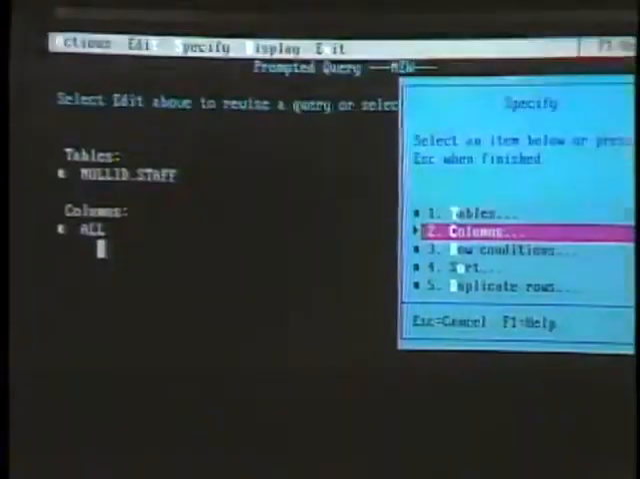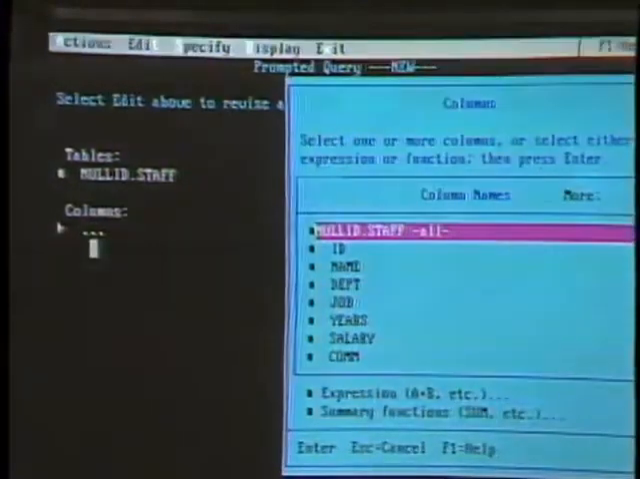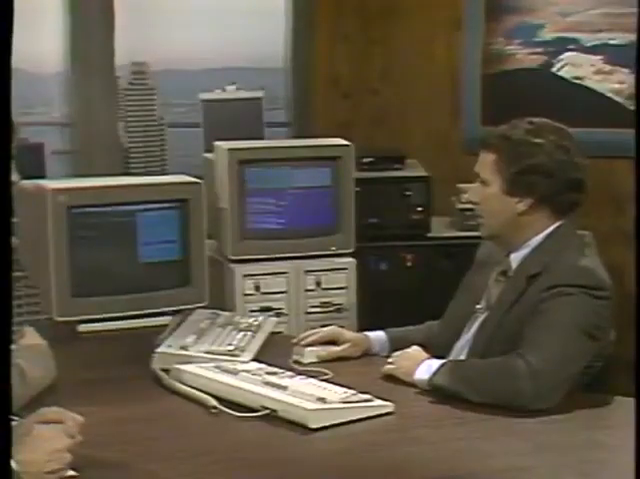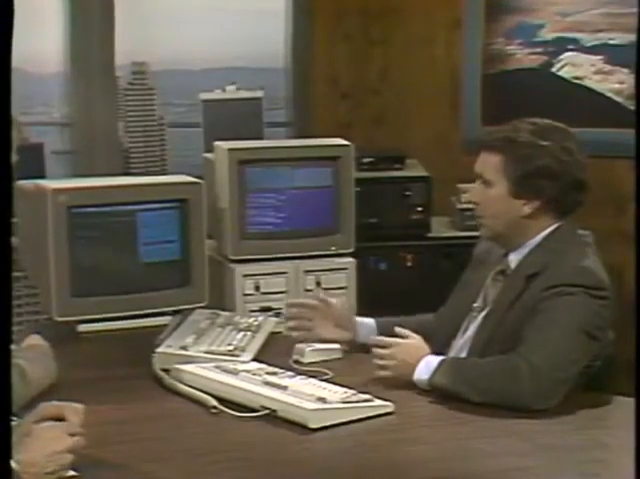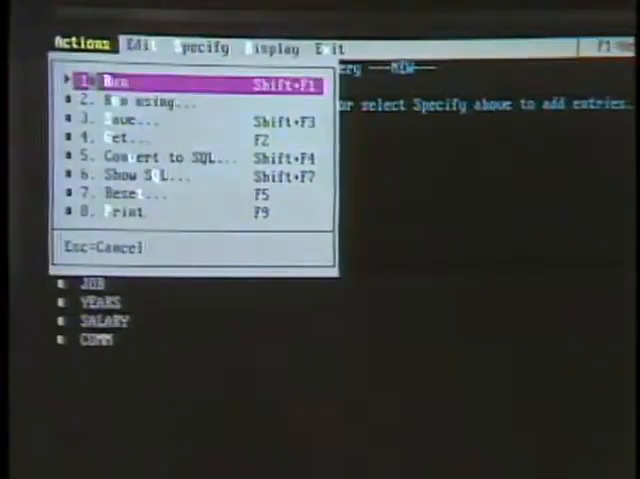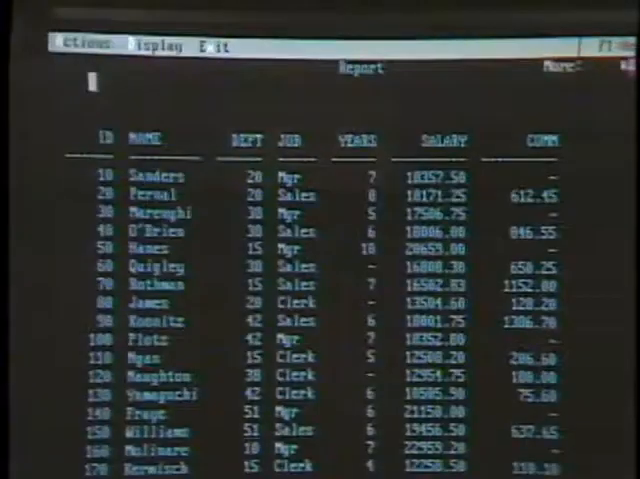Now it's asking me what columns of data I want, and I'm going to pick all of them. It lists all the columns on the left-hand side, and now it asks me for row conditions, if I wanted to select where a name was equal to a certain thing or a quantity was a certain amount. I'm just going to run this query and look at all the rows and columns to make it simpler and faster. So I go up to Actions, and the first action is Run. It goes against that table in the database and puts out the report in a default format,